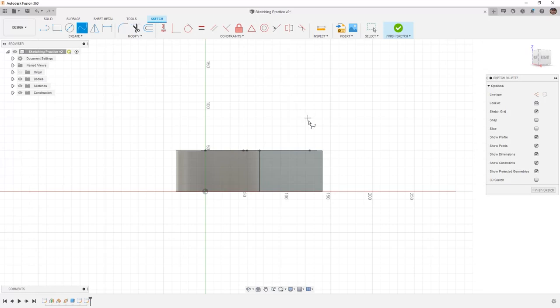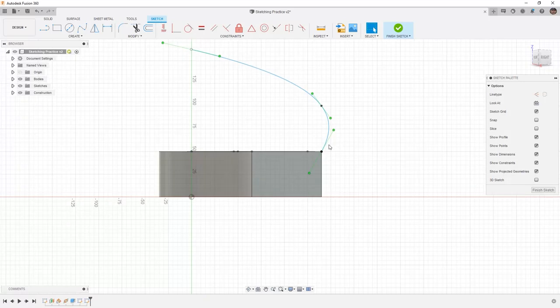The fit point spline, we're going to start by selecting this end point. I'm going to draw a vertical line up, and then I'm going to begin to bring it over to the left, and I want to go straight up above the origin. Once here, I can hit the green check to create this. I'm going to hit escape to get off my spline tool, and I want to take a look at the